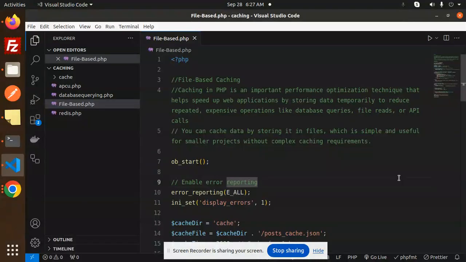Let's get started. So what is caching? Caching in PHP is an important performance optimization. So basically, why are we using caching for performance? Suppose we have a number of API calls and we don't want to call them again and again. So we are going to call the API once and cache it wherever it is to be,